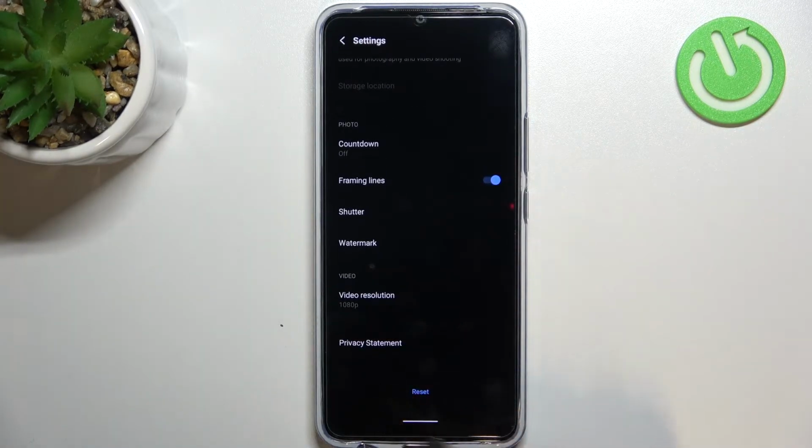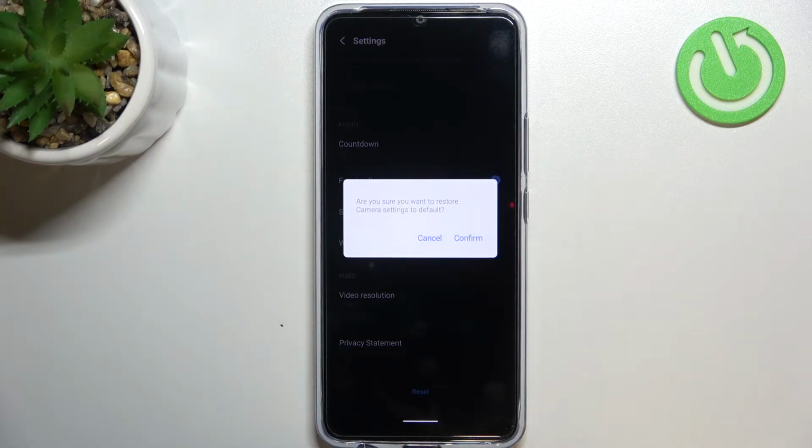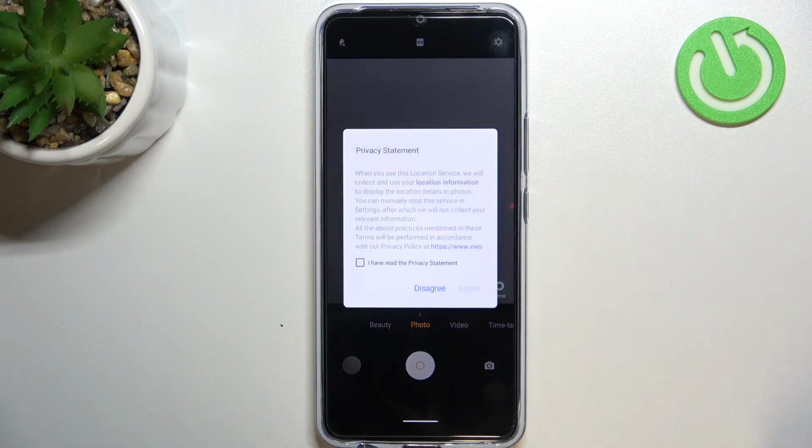As you can see, we've got the reset option, so let's tap, and your device will ask you if you really want to do it, because it will simply reset all settings to their defaults. So let's tap on confirm, and as you can see, we just got back to the camera, and here we've